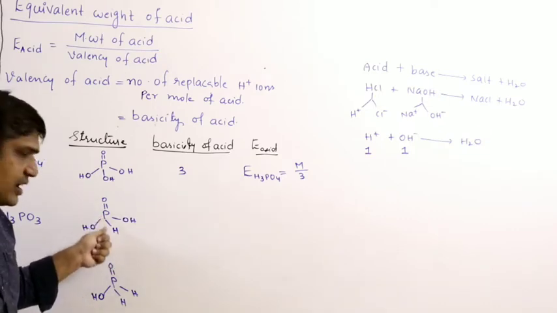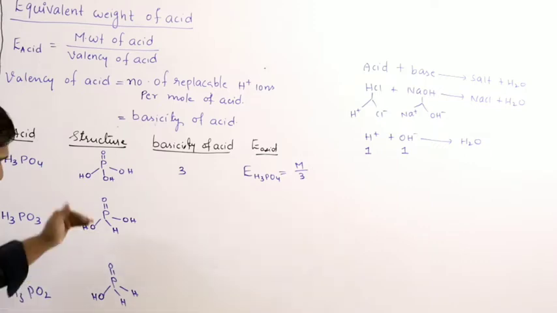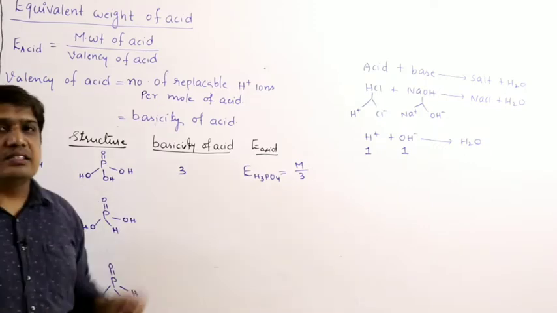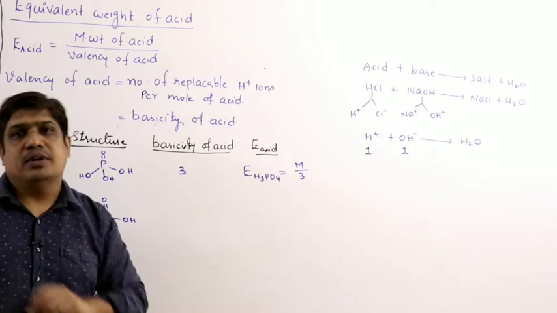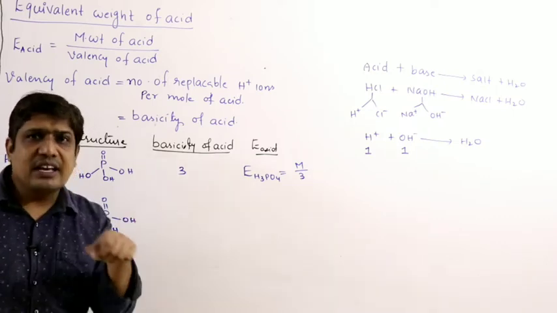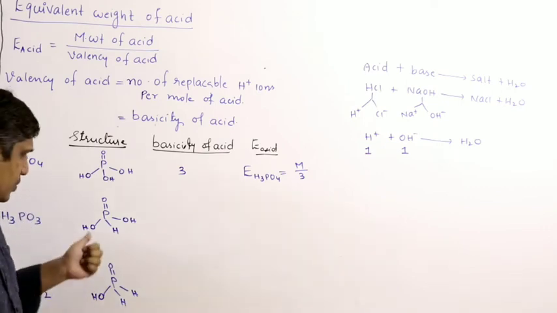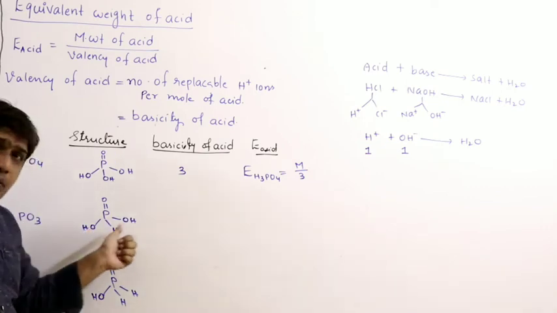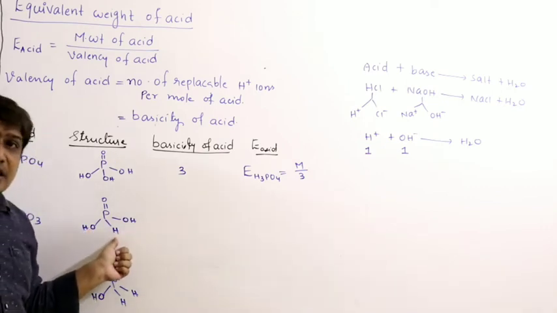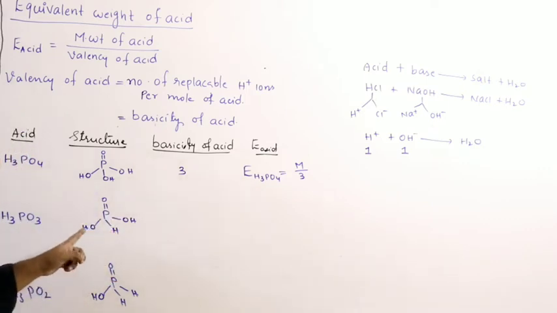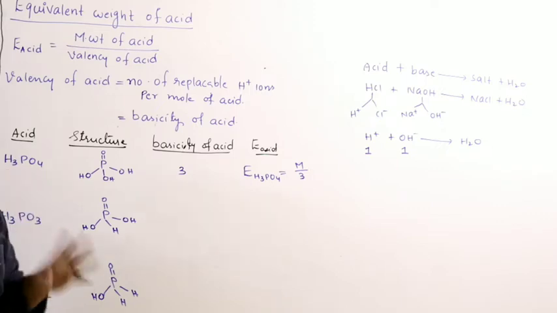But what about the P-H hydrogen? The hydrogen that is attached to phosphorus is not acidic. You cannot remove that hydrogen as H+. In fact, you can remove that as H-, which explains its reducing nature. Therefore, these two can be removed as H plus, this cannot be removed as H plus. So in a molecule there are maximum 2 hydrogens which can be removed as H plus.